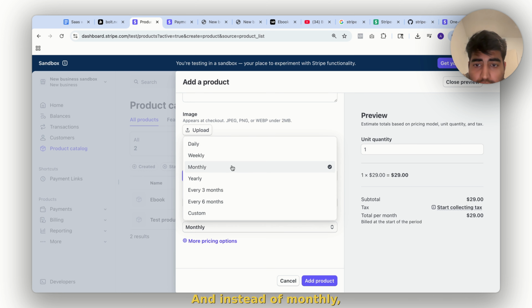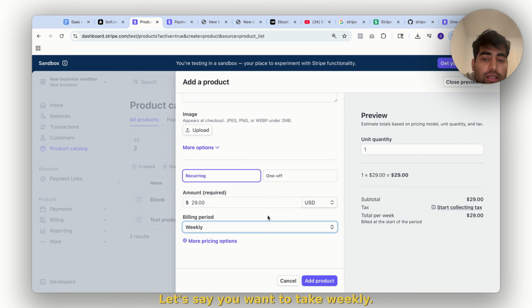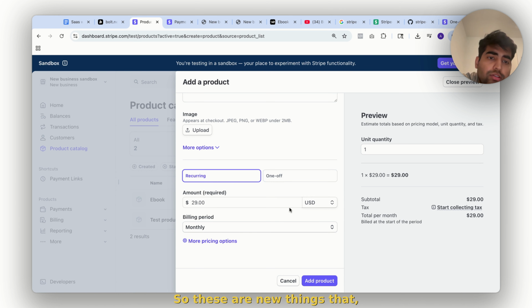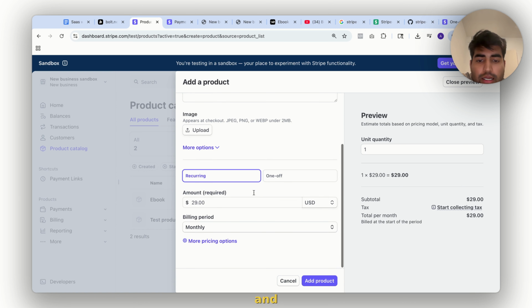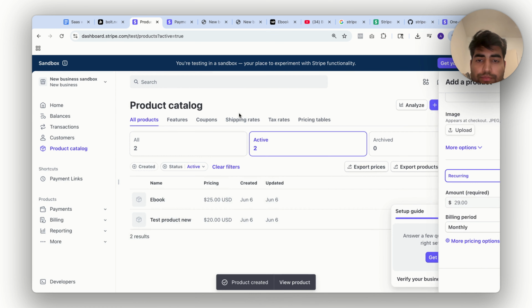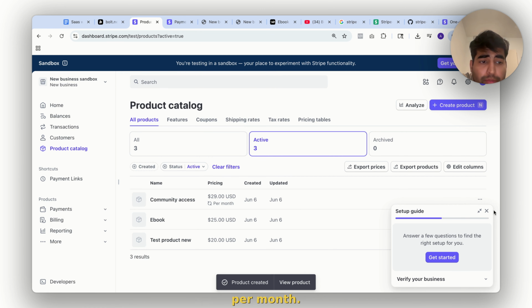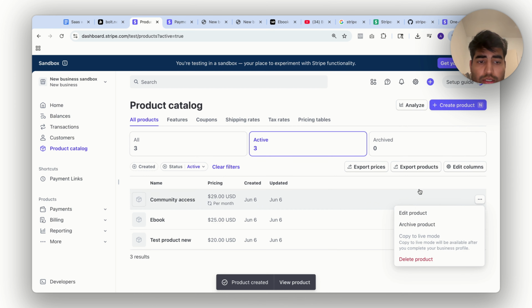And instead of monthly, you can also do daily or weekly. So let's say you want to take every 3 months. Let's say you want to take weekly, so you could do weekly, $5 a week. So these are new things that are coming in the market. Once you are done, and let's add the product, and you will see this is a per month. So once you click on